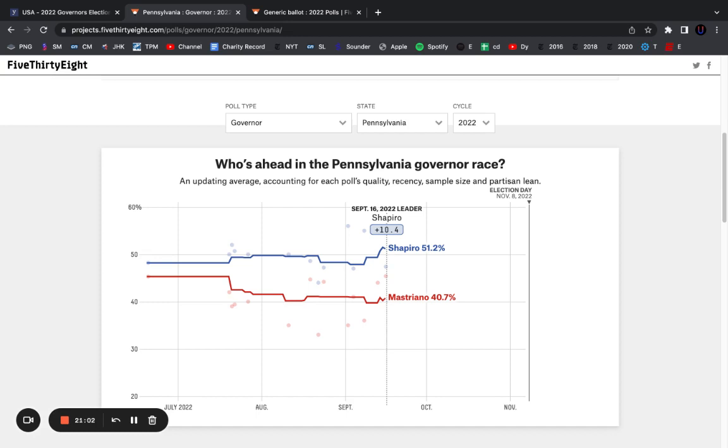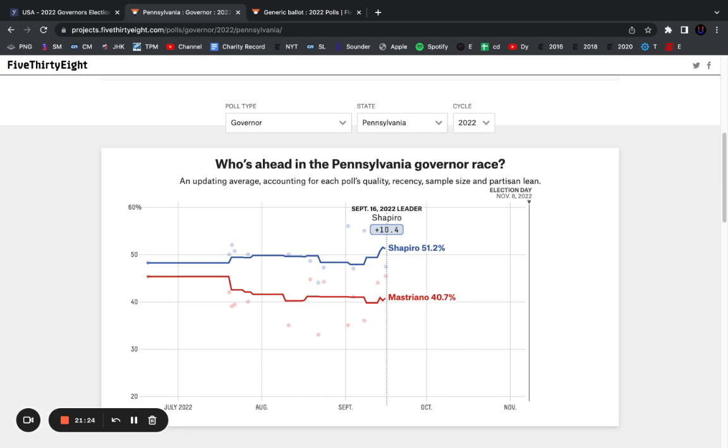Because he's kind of a nobody candidate. People on Twitter might know who Doug Mastriano is because he's retweeting fake polls and saying things that a lot of people disagree with. But at the end of the day, the average Pennsylvanian who would be required to vote for Doug Mastriano might not even know who he is, because he doesn't have any TV ads, doesn't have any get-out-the-vote type stuff.